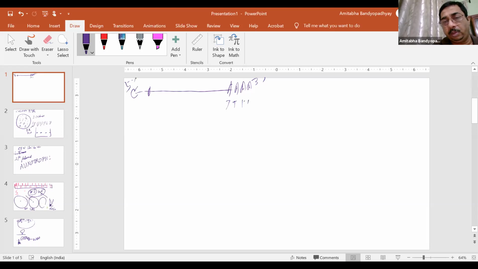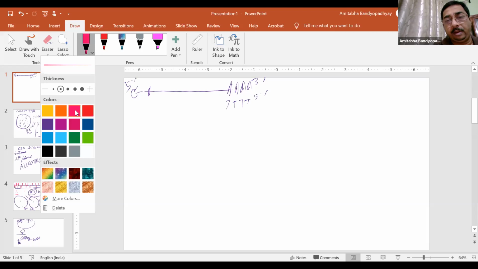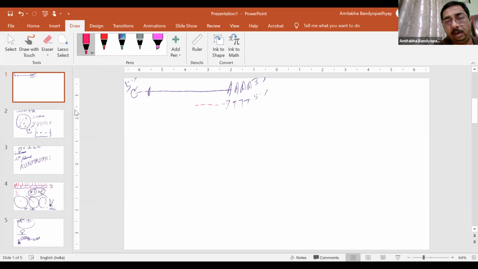We will be using an oligo dT so that it elongates in this direction, and then it is 3 prime. Then we will add